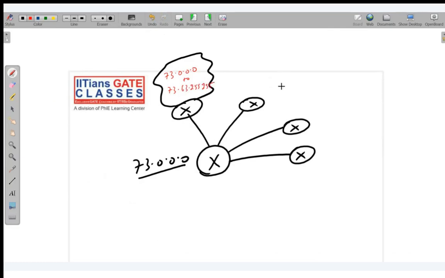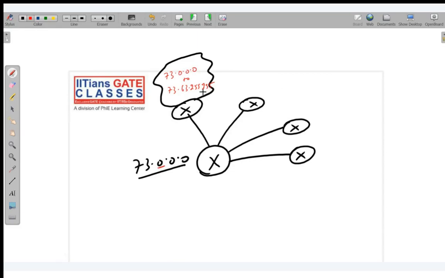73.63.255.255. Please let me know any doubt here. First organization: divided by, into two. This we have divided into four organizations. So from here we will borrow 2 bits. So 2 bits will be first time 00. So 00 means all zeros, and then here